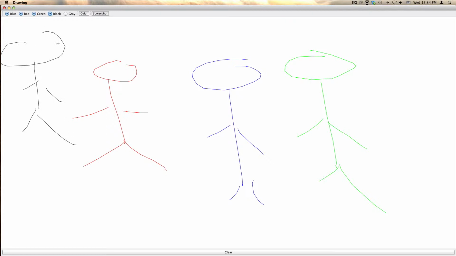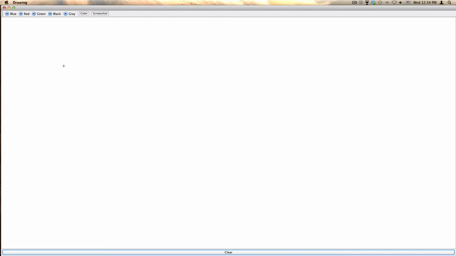However, I think that using the rectangles, you can probably make something really cool. So I've just made some stick figure people with the default colors. So if we clear this, we can make a